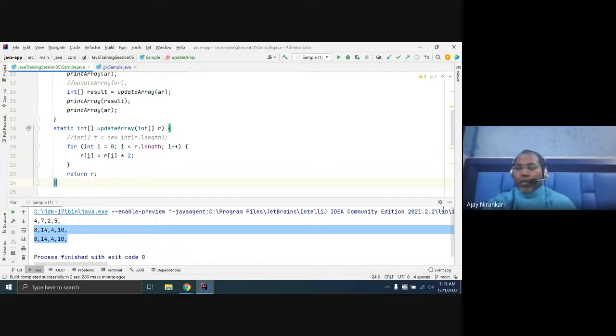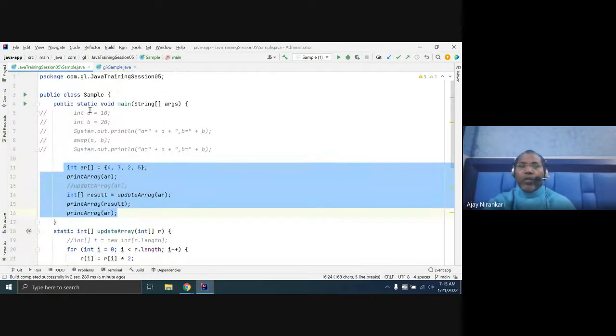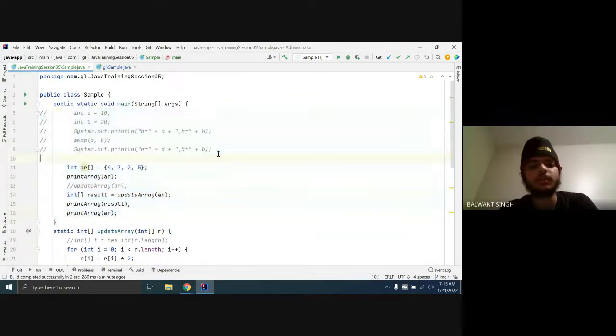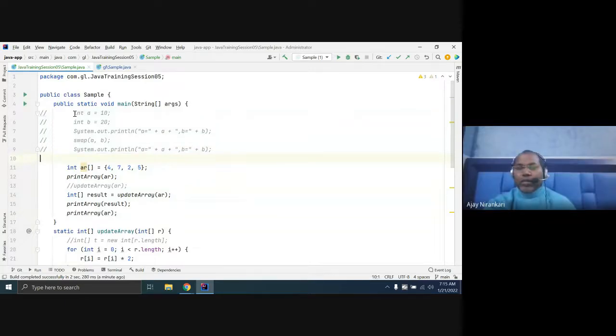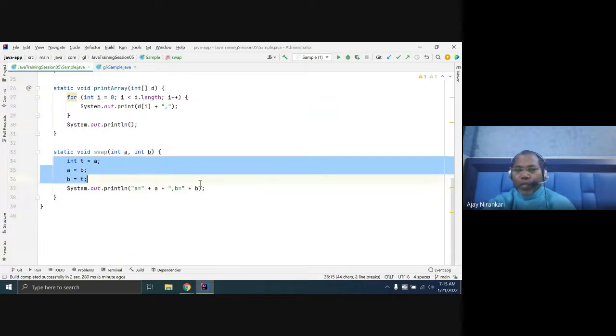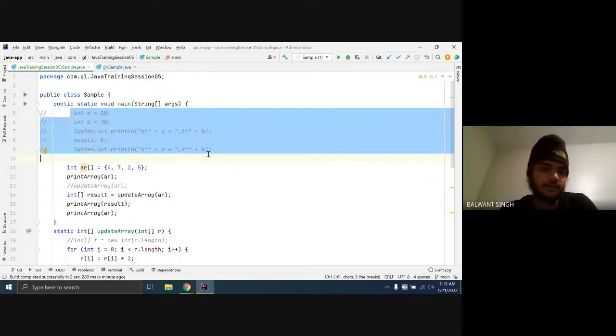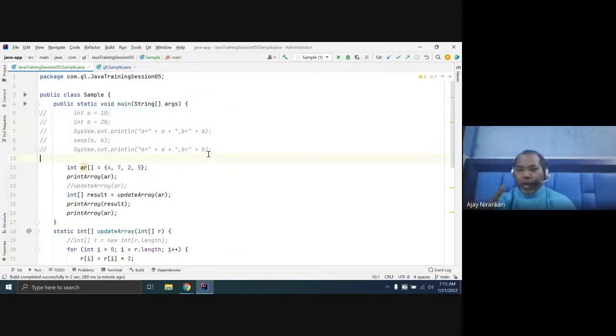So I hope now it is clear how your array works and how your primitive data types work. In the case of primitive data types, all the values are stored in the same stack. But in the swap function, it has its own stack. It changes only its own value, not the original value. So you write these two codes and try, and then figure out why an array is different.